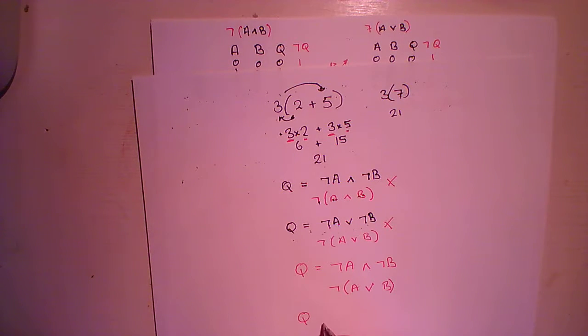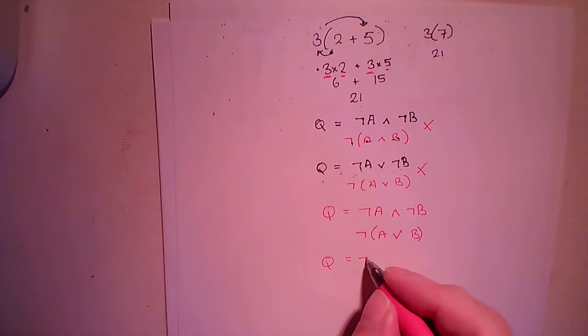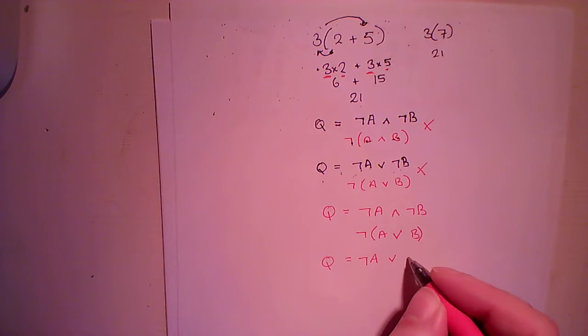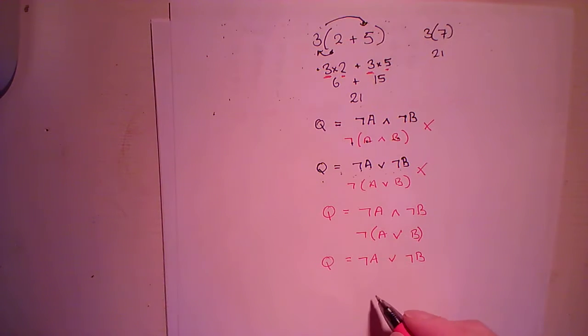And the same goes the other way round. So if I've got not A or not B, if I wanted to use brackets or move the not outside of the bracket, got my A and B, I would need to use the opposite operator. Now that is something called De Morgan's laws,